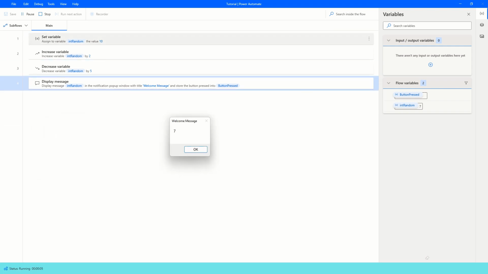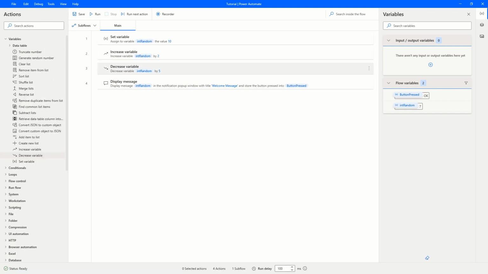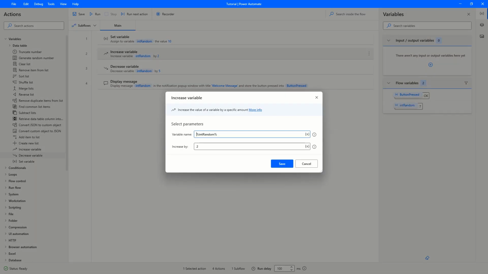So now what it did, 10 plus 2, 12, 12 minus 5, 7. So this happened in just one variable. We only have int random. So if we create another variable, let's say instead of variable int random,